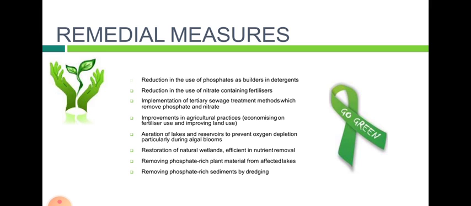So here are the remedial measures: reduction in the use of phosphates as builders in detergents, reduction in the use of nitrate containing fertilizers, implementation of tertiary sewage treatment methods which remove phosphate and nitrate, improvements in agricultural practices like economizing on fertilizer use and improving land use, aeration of lakes and reservoirs to prevent oxygen depletion, particularly during algal blooms, restoration of natural wetlands efficient in nutrient removal, removing phosphate-rich plant material from affected lakes, removing phosphate-rich sediments by dredging, and the slogan we can go for is